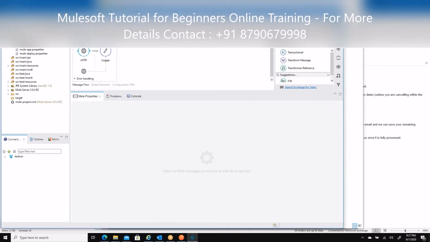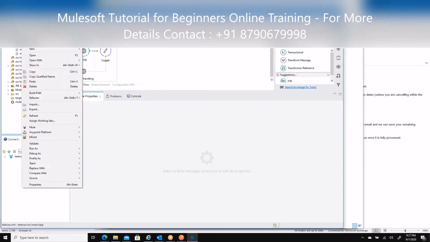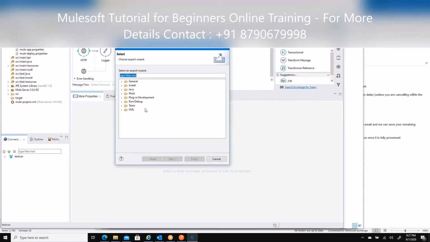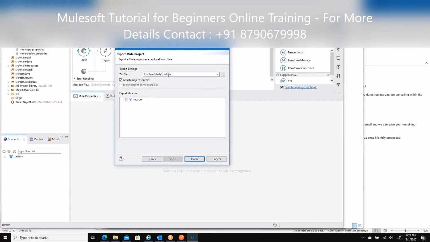Go to test run on the right side. Controls. No, down. Test run application name, project name. Mule project name. No, there. Here, Explorer. Yeah. Right click. No, there. Project name. Yeah, there. Right click. Export. Down. Export. Mule. Can you click Mule? Yeah, the deployable version, the first one. Yeah, first one. Next. The path. Please remember the path. There it will find the zip file. Okay, that's fine.